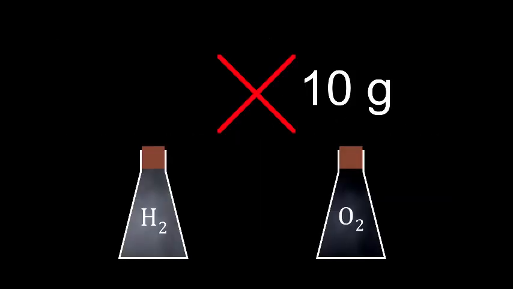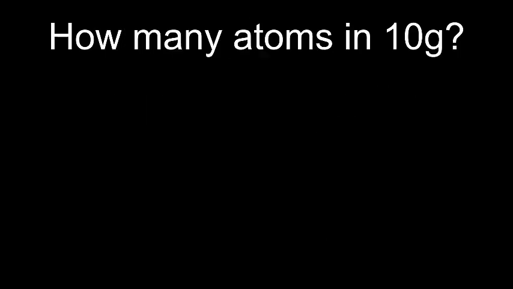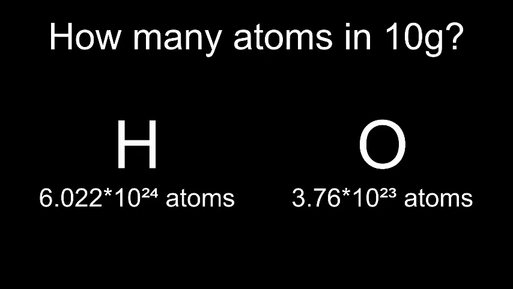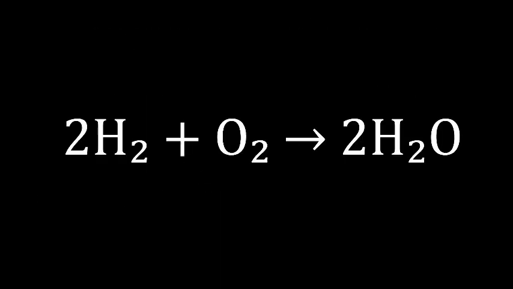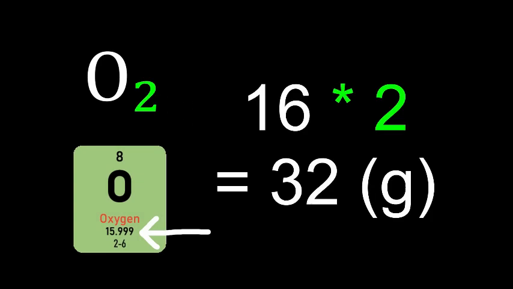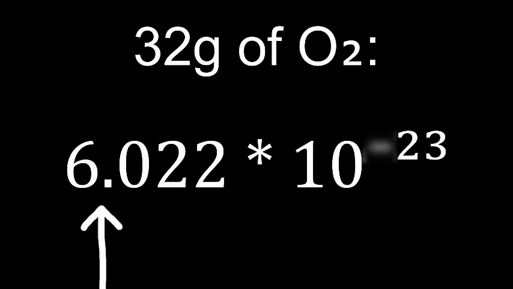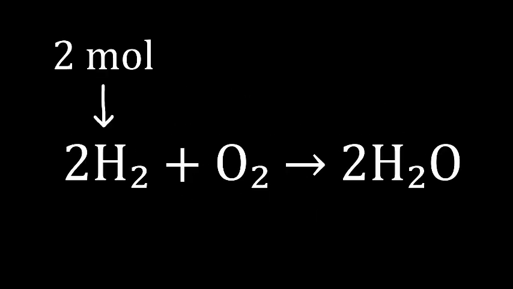You can't just take 10 grams of this and mix it with 20 grams of that, because the atoms don't weigh the same, so 10 grams of both contain a different amount of particles. What to do? Just look up the atomic mass of the reactants and take that amount in grams. You'll get exactly this amount of particles. That is 1 mole, which is just an amount of something, kind of like a dozen. In other words, we can interpret the reaction as 2 moles of this react with 1 mole of that, which we can easily measure.